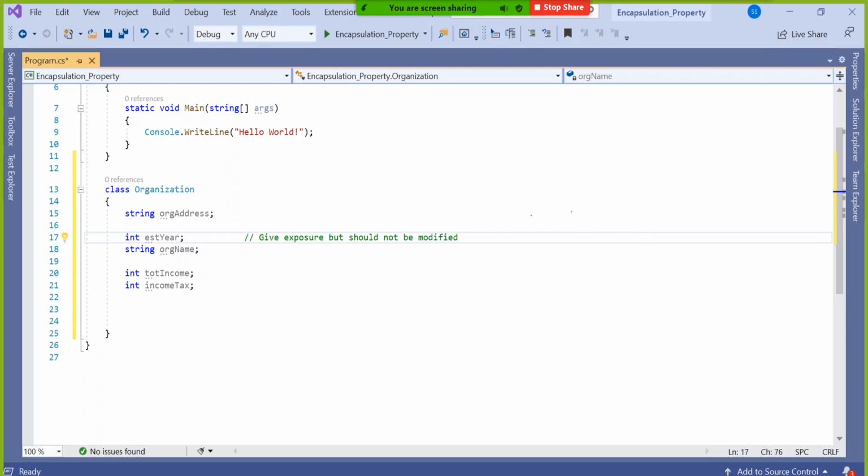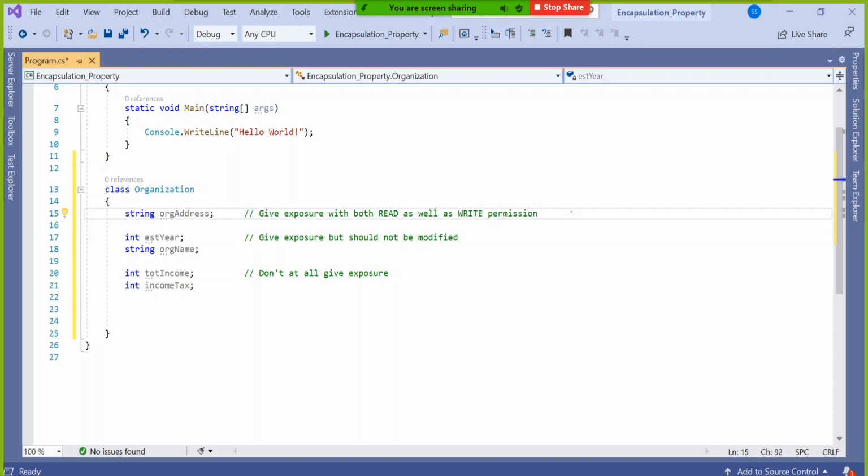Okay, these 2, something like that category. These 2 category I will say don't at all give exposure. Means somebody should not be able to display also. This one I want to give exposure. That means somebody can see it with both read as well as write permission.